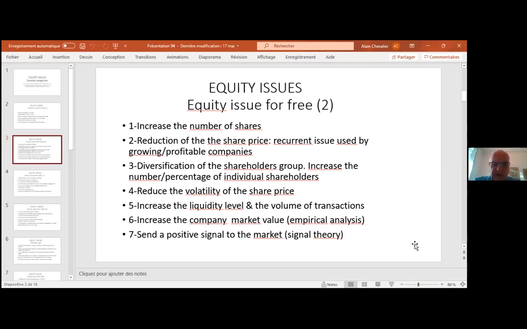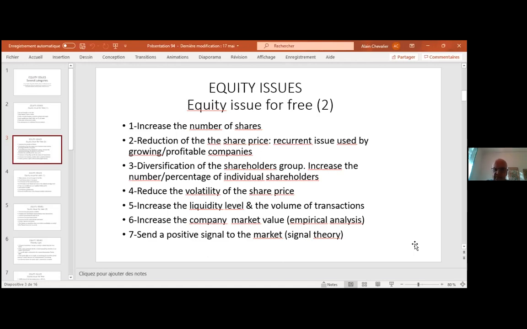And volatility, as we know, and we'll come back on that again in different exercises, volatility is considered as a risk by CFOs. As we know, you increase the liquidity level, and when you increase the liquidity level, generally you have positive impacts on the price of the share and the value of the company. If you increase the volatility level, you have an increase in the risk level and a decrease in the share price.